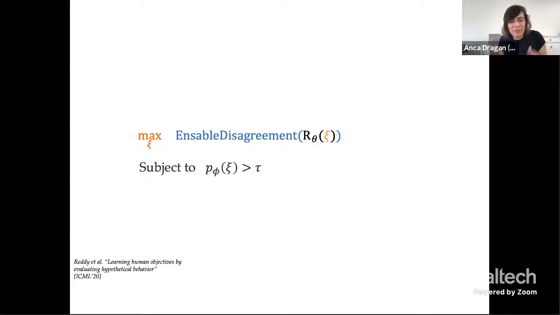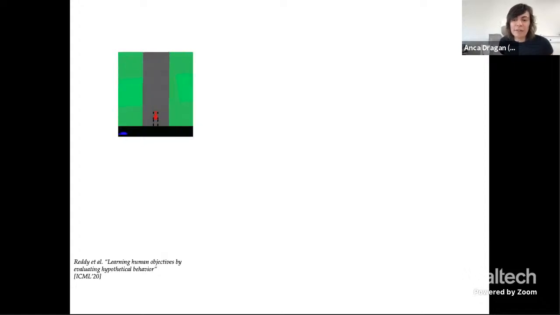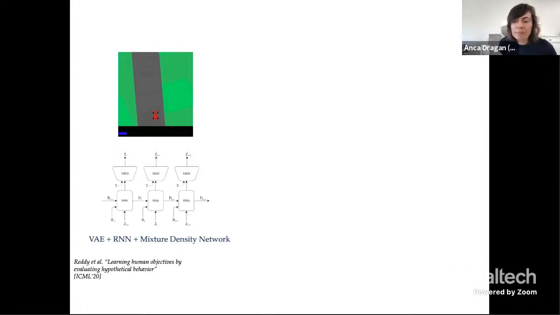By the way, this is pretty hard. You have to train something that says whether it's realistic or not. So this is a learned dynamics model that you have about the world. Practically, we tried this out in a car racing environment. It's still pretty simple. It's nowhere near the complexity of the more fancy simulated autonomous driving they're able to do before. But it is an environment where the robot doesn't know the dynamics and where the reward function is represented as a neural network. So what we did here is we pre-trained a dynamics model that consists of a VAE for encoding and decoding frames, an RNN for modeling transitions in this partially observable environment, and a mixture density network that models the stochastic transitions.